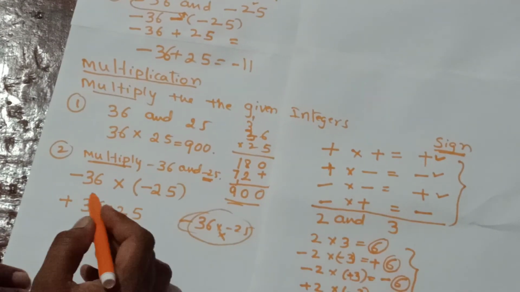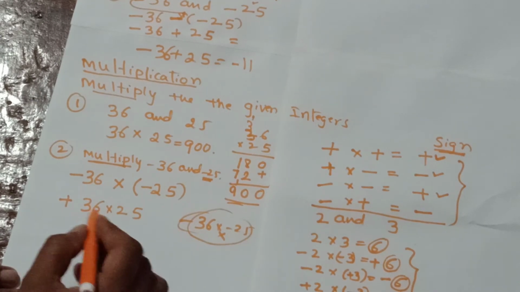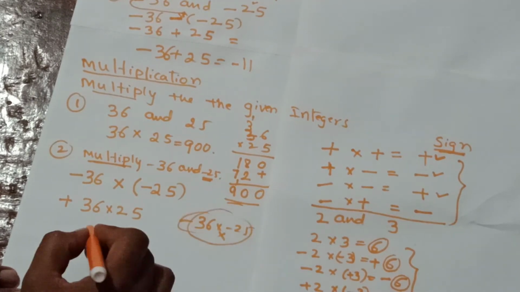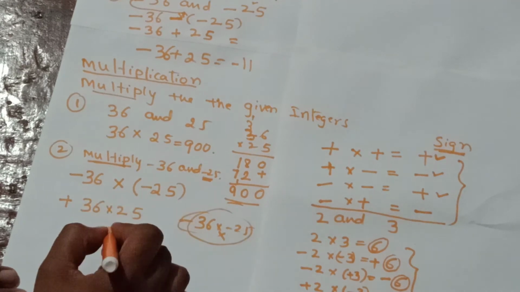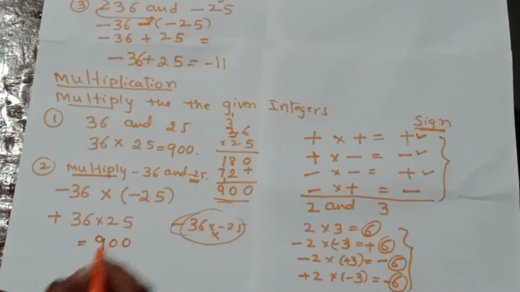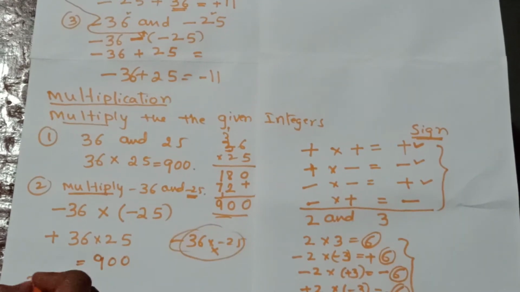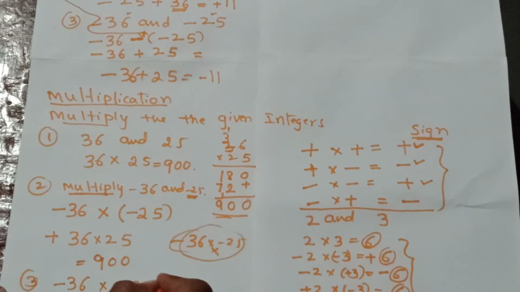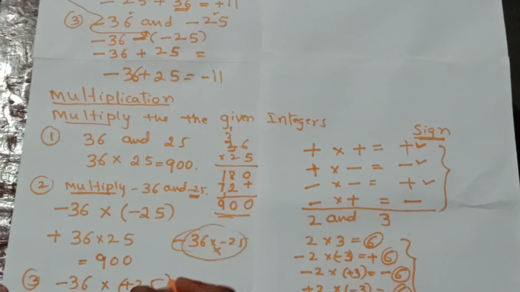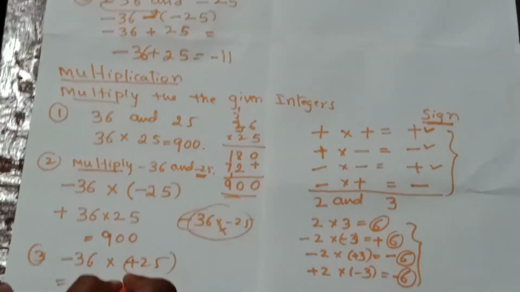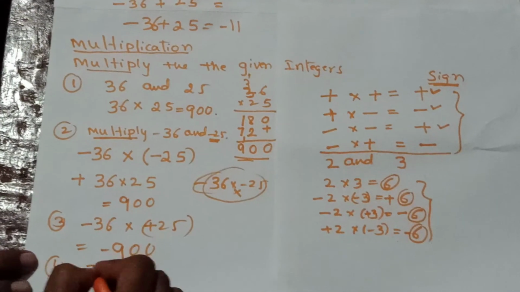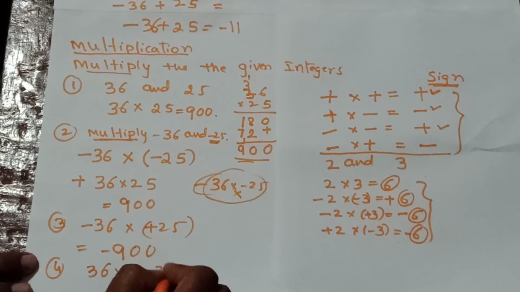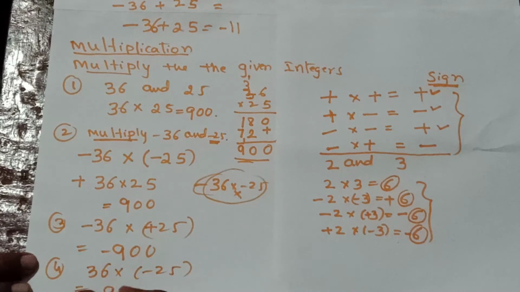So let me continue with the same thing here. 36 into 25 as we had done in the previous one, minus minus plus, it is 900. Similarly you can go with this one, minus 36 into plus 25. Not necessarily put in the bracket, if you want you can. So here is once again 900. As you know, minus plus it makes minus. So once again the fourth case you have 36 into minus 25, which is equal to once again 900. Yes, the sign is plus minus minus.